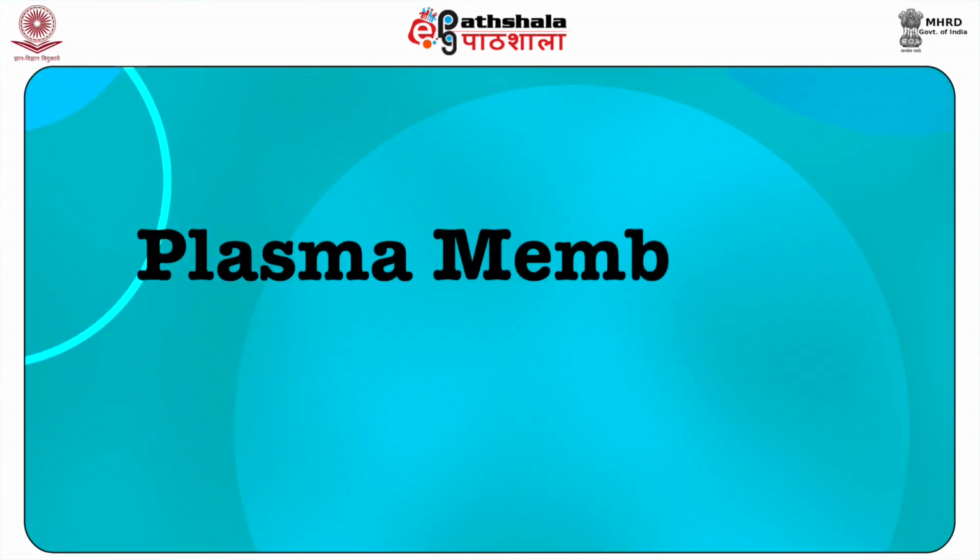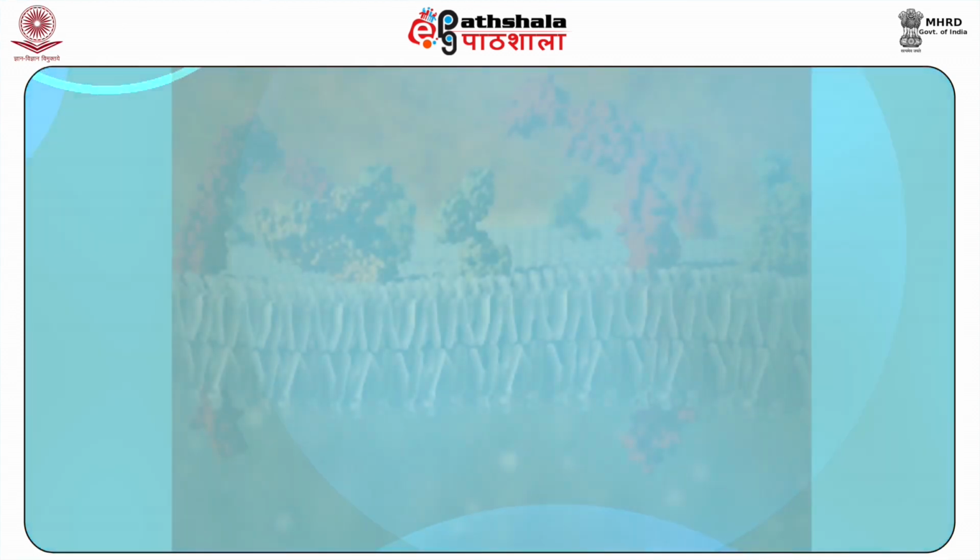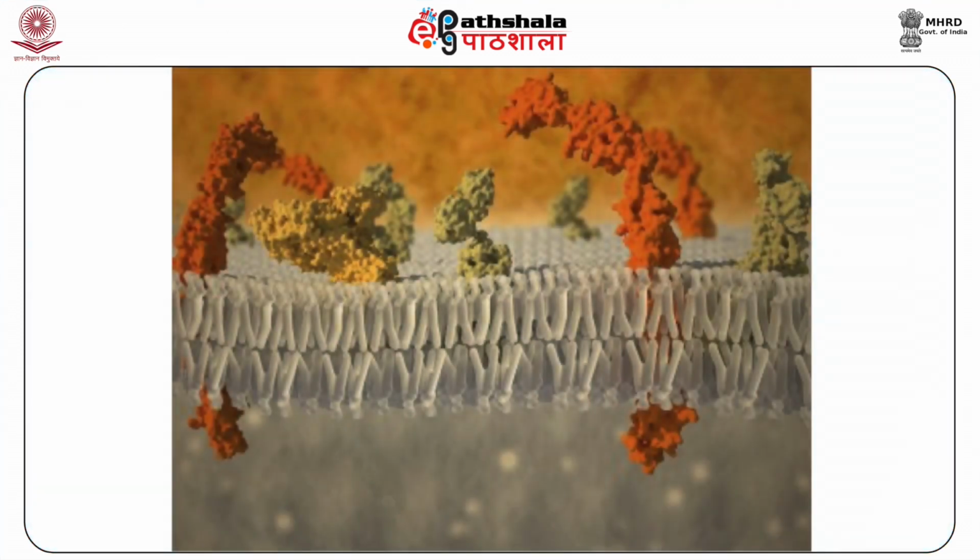Plasma membrane. The biological membrane is present in both eukaryotic and prokaryotic cells. It is also called the cell membrane as it works as a barrier between the inner and the outer surface of a cell. In animal cells, this plasma membrane is present in the outermost layer of the cell, and in the plant cell, it is present just beneath the cell wall. The figure shows the cell membrane structure.